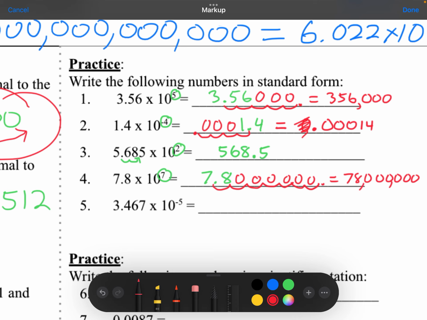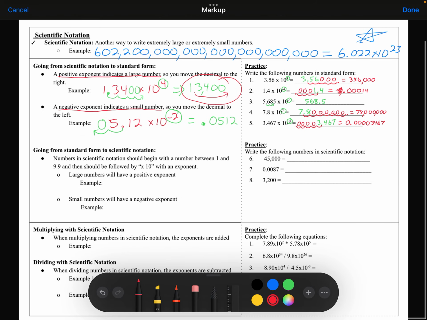Just like that. Last one, I have an exponent of -5, so I'm going to move that decimal place 5 spaces to the left. I have my number 3.467. I'm going to scooch that decimal over 1, 2, 3, 4, 5. Fill in any empty spaces with zeros, and I get 0.00003467. All right, so that is going from scientific notation to standard form, but what if we have to go